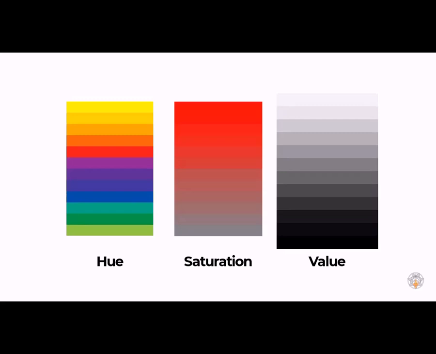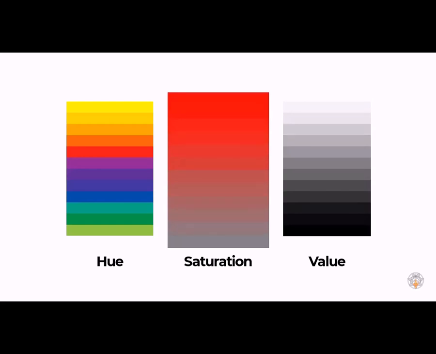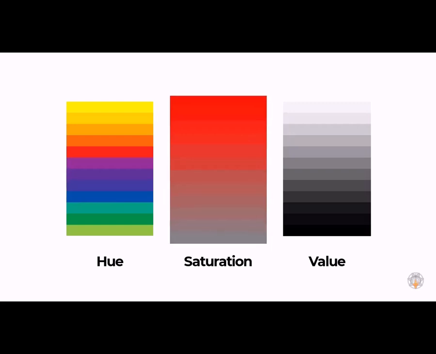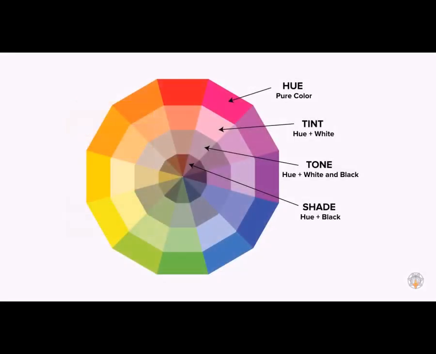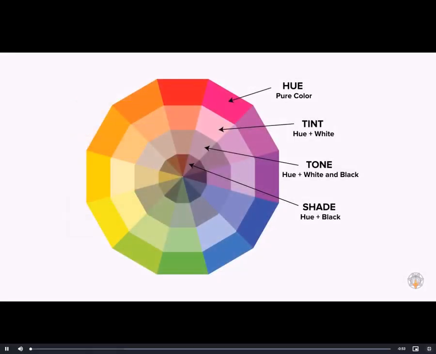Value refers to the lightness or darkness of a color, so it can be described in two ways. A color can be tinted by adding white for a lighter version, or shaded by adding a layer of black for the darker version. Saturation refers to the intensity or purity of a color. Mixing with grey and white or black, the color loses its intensity. Tone is the addition of grey to make a color muted. Here I have tried to show all these color features in a nutshell.